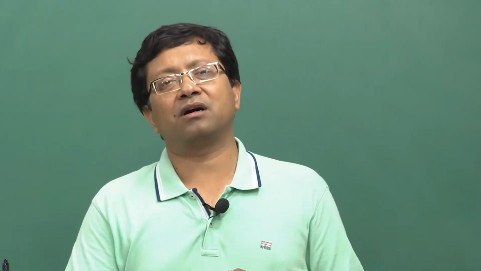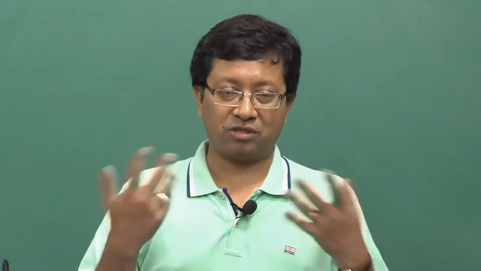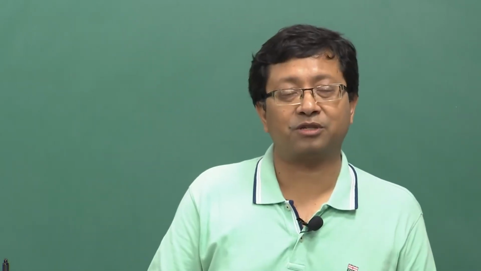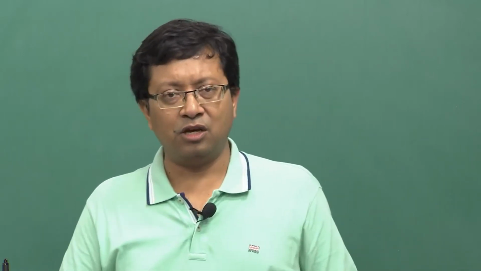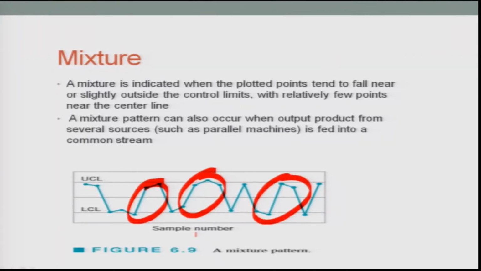For some, the wear and tear of the machine due to some maintenance problem is there. For some of them, the maintenance problem is not there, because they are being maintained by the operator himself or herself on a regular basis. So, obviously, if those come into the picture, you will see the mixture pattern repeating in such a way that you will find out that the effect of those